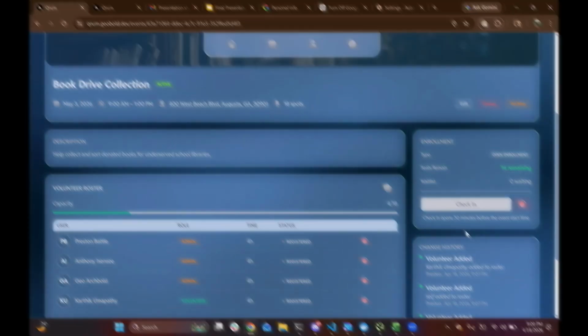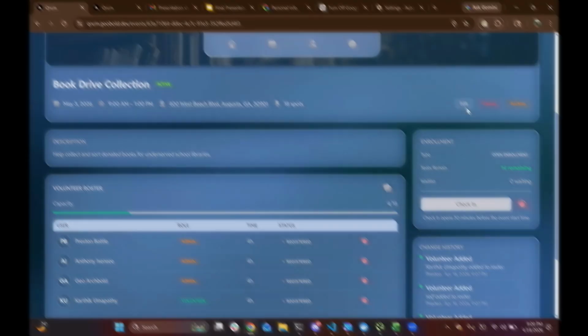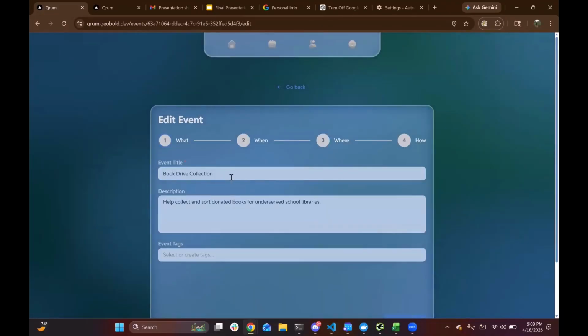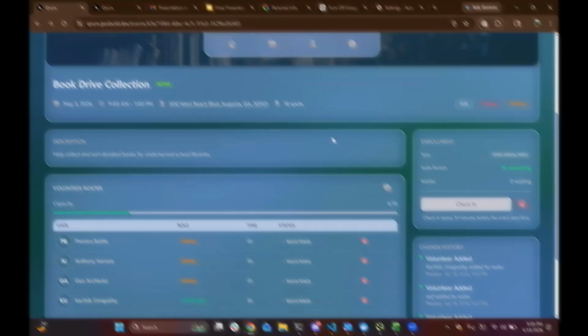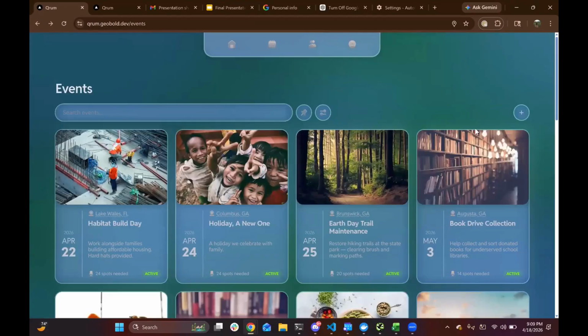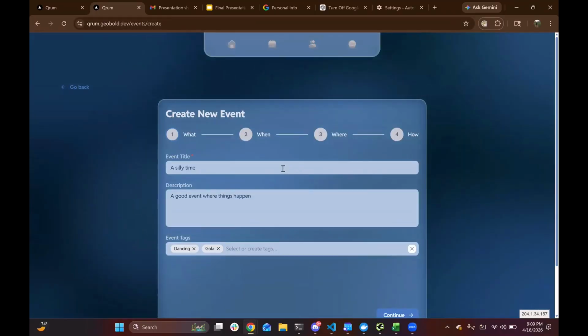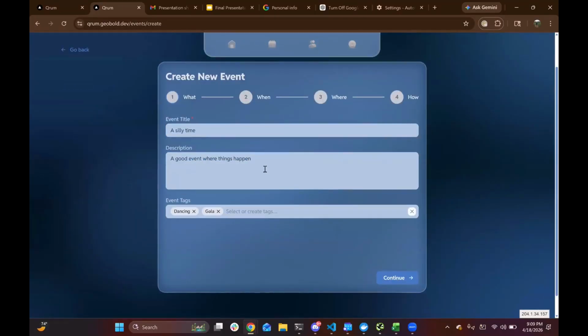In addition, we also have archiving, which is straightforward for events. No need to archive this one, but we can also edit as well. And editing gives you a sneak peek into the creation. So for this case, we will go back, and canceling works exactly as one would expect. Now, if we go to the create event, this is a very interesting user interface. And I must add that all of this